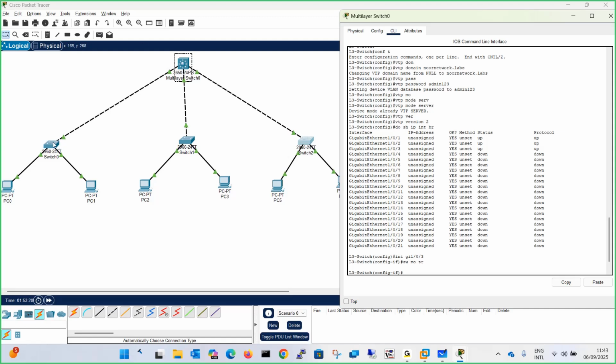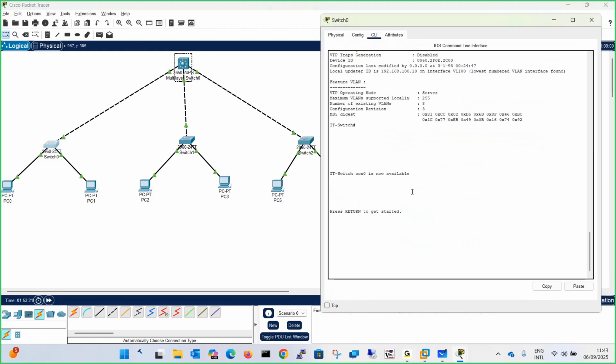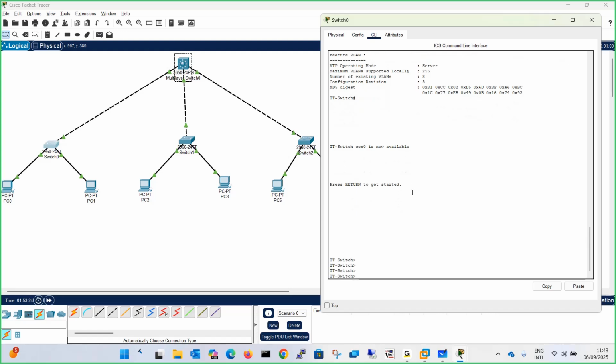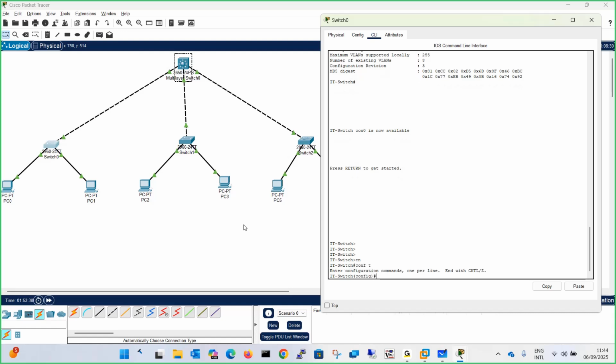So come to this switch over here and start doing the configuration. Everyone is there with me? Please confirm in the chat box. That's good. Now on this switch, the first switch over here, switch 0, go to configuration mode